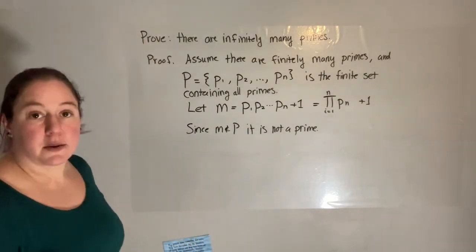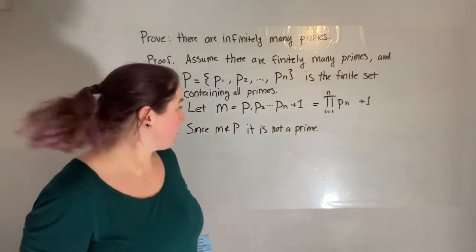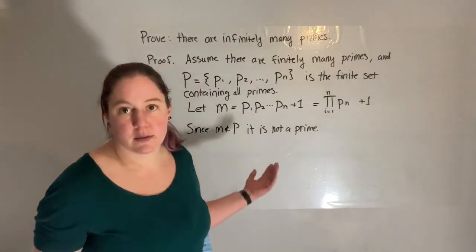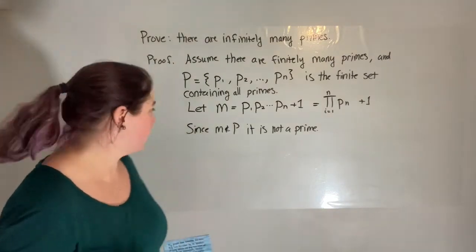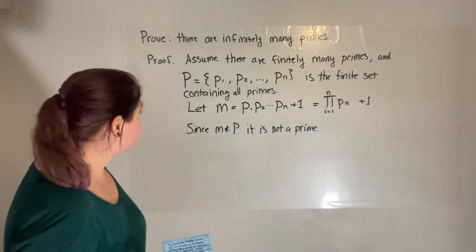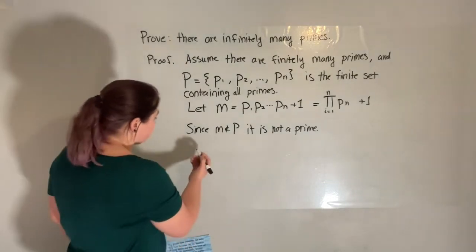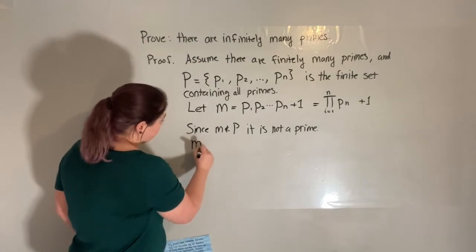So since M is not a prime, it has prime factors. Every number is either a prime or has a prime factorization. Even a prime has a prime factorization, it's just itself. So since M is not in P, it's not a prime, so M has some factorization,